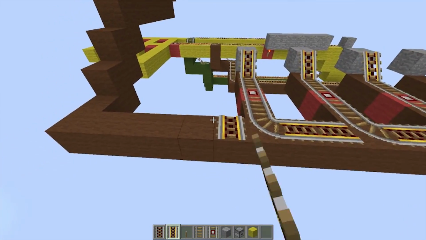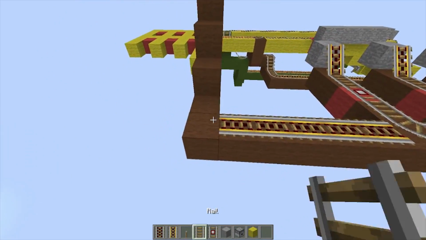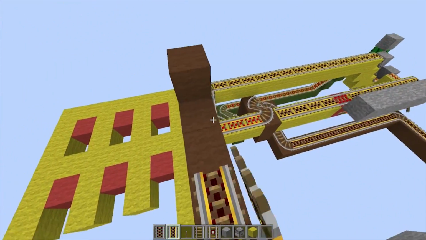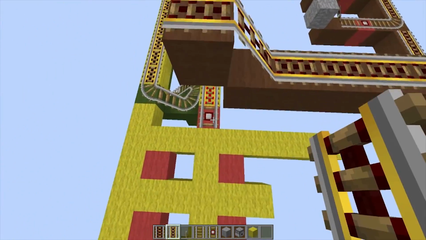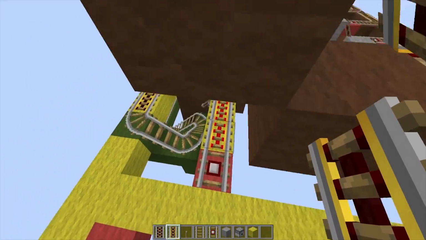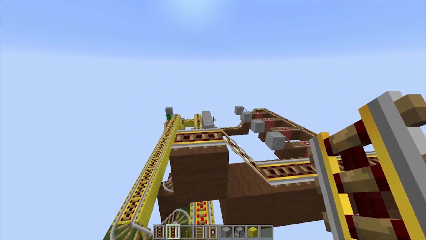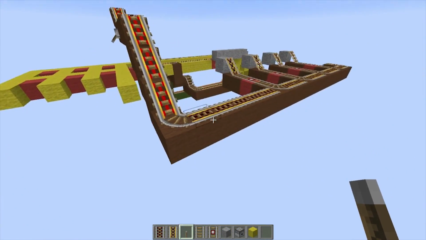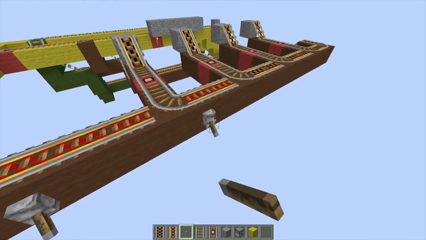So now we're going to come over 1, 2, 3, 4, 5 more. Put yourself a normal rail. Then we're going to come in a little staircase, and then have this guy leading up until it gets directly over this line of rails right here, and just have it slanted up just like so. Now you're going to want to go back and power most of these rails. So we'll power that line, power this line,